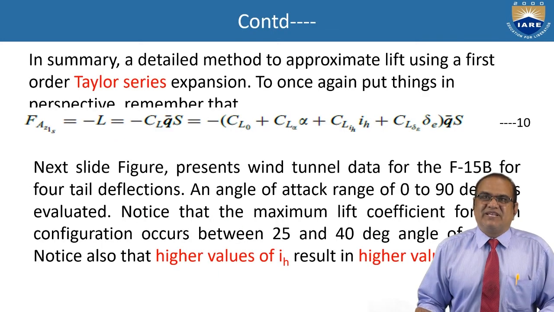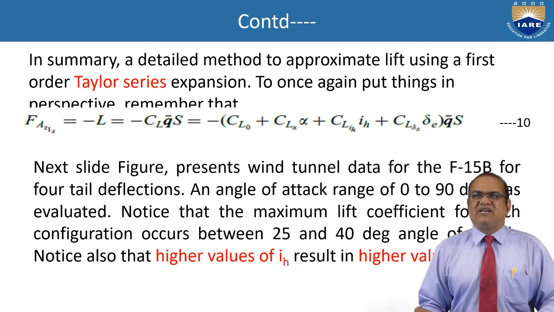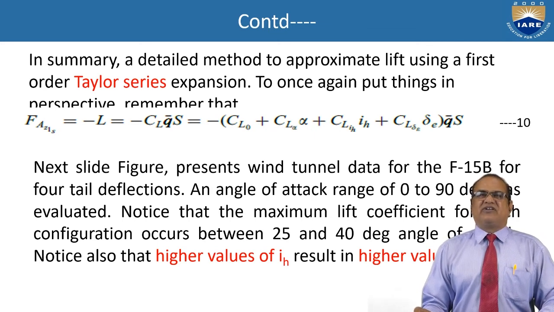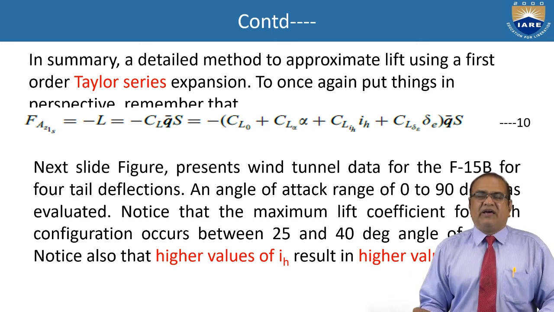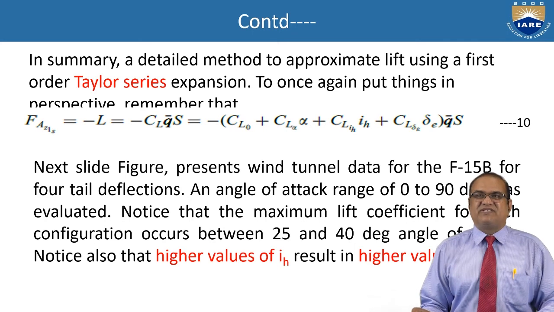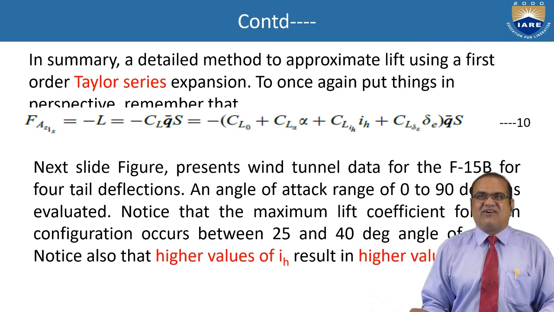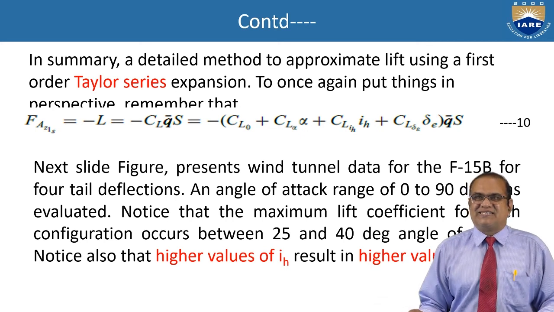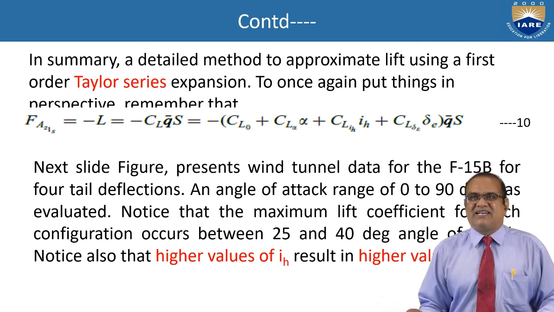So, in summary, we detailed methods to approximate lift using a first order Taylor series expansion. And remember that FAZ1S is equal to minus lift, so it is minus CL Q S. So minus CL naught plus CL alpha into alpha plus CL IH into IH plus CL delta E into delta E